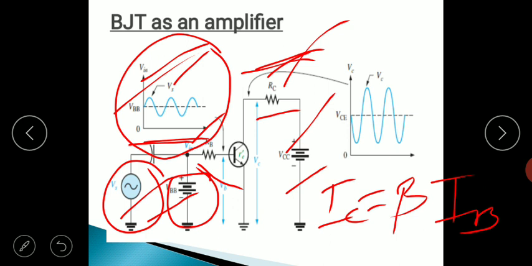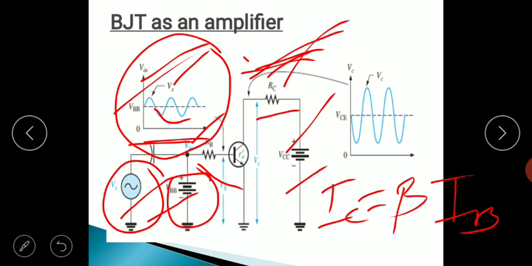Now what happens during the negative half cycle of the input signal? During the negative half cycle of the input signal, though the input is negative, the effective voltage applied at the base will still remain positive. As a result, the base emitter junction is forward bias. Again, when there is a change in the base current in the opposite direction, that means now the base current is increasing in the opposite direction. Again, for the small increase in the base current, there is a large increase in the collector current, and we get a large voltage across the collector resistor RC, and we get the amplified version.